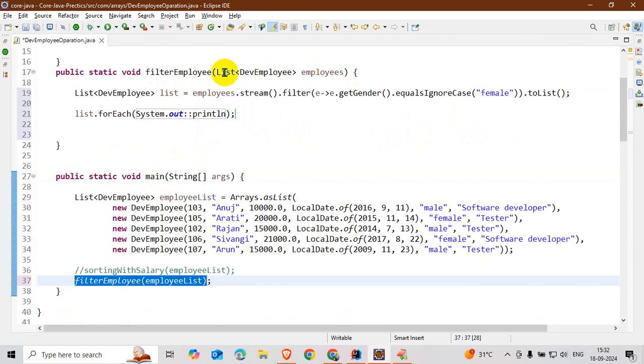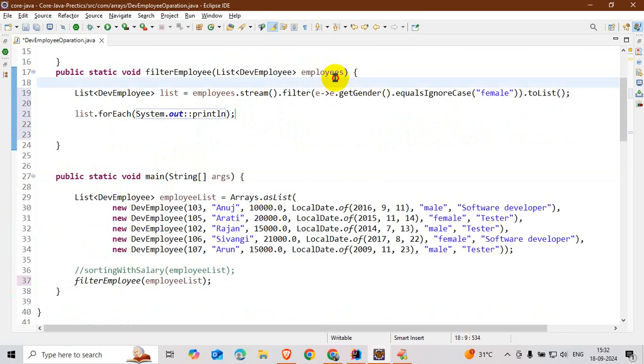Here I collect the list of employees, and with the help of the list of employees I created a stream of objects, and with the help of the stream we can call the filter method.